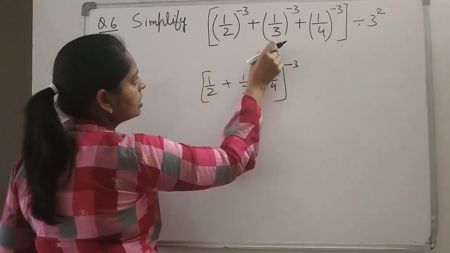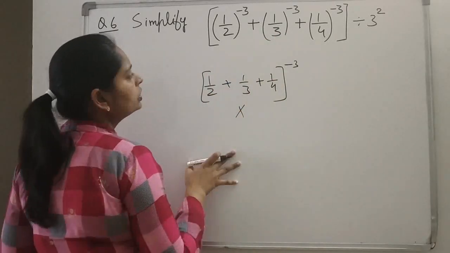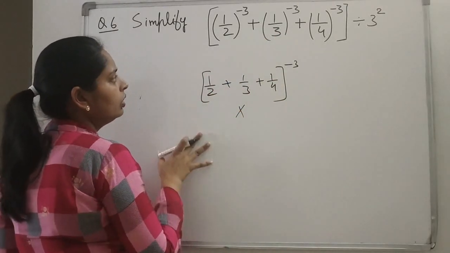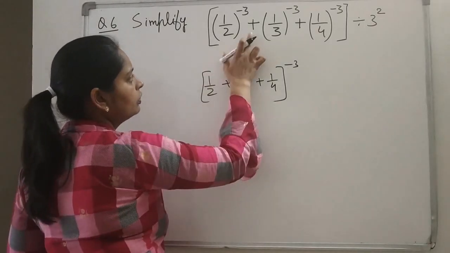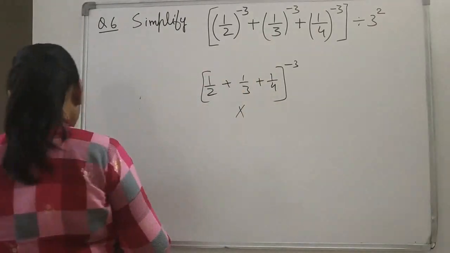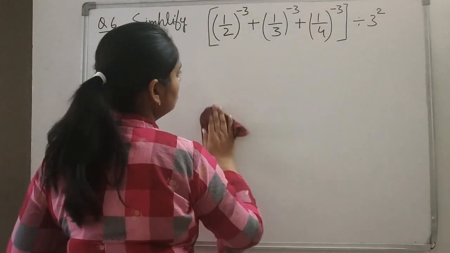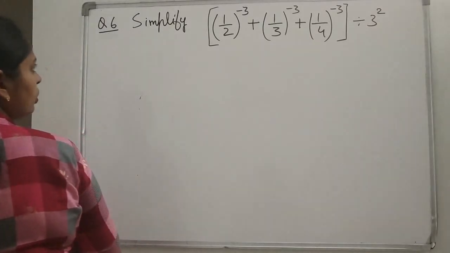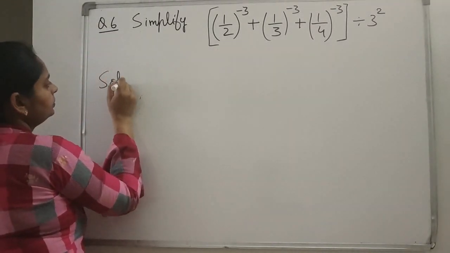All are having separate powers, but we are having plus in between. And all the laws we have done for exponents are only on the basis of multiplication and division. We have not done them on the basis of addition. So I think you will not make this type of mistake. I just want to tell you the common mistake you are making. See here how you solve this.